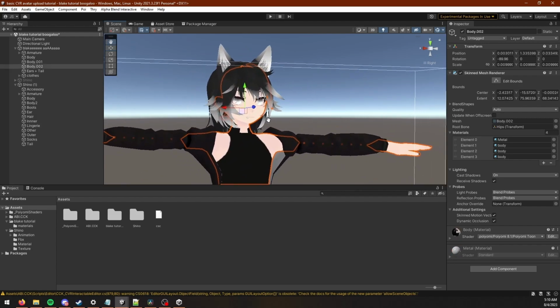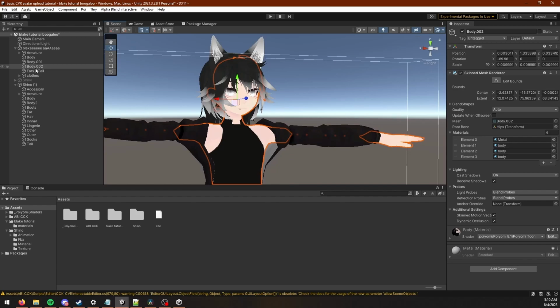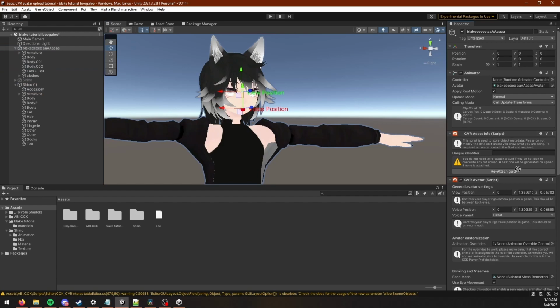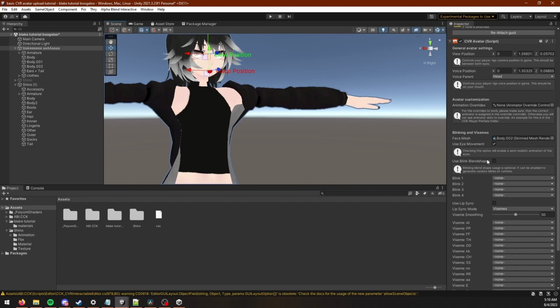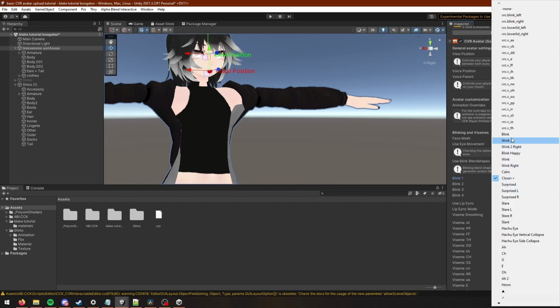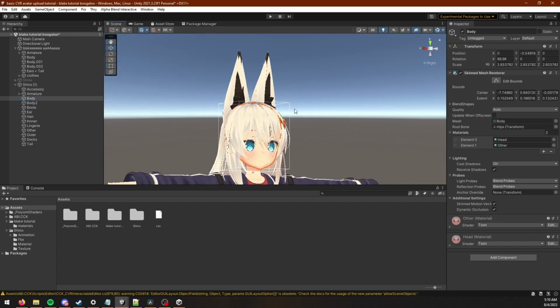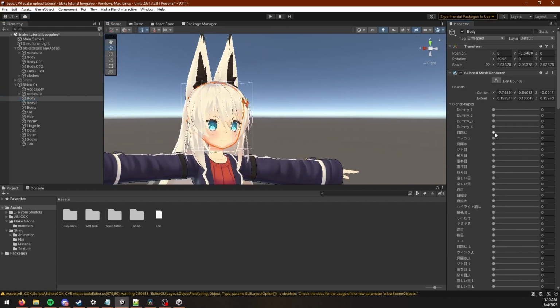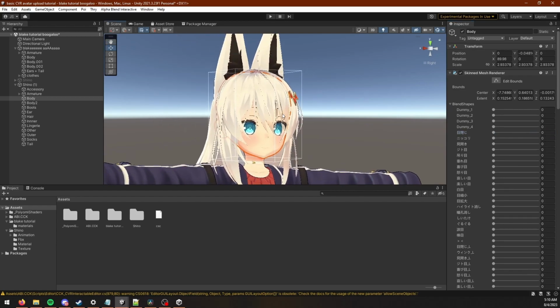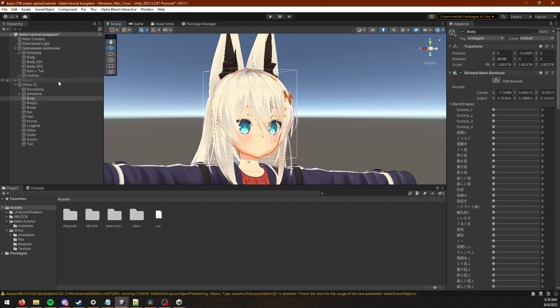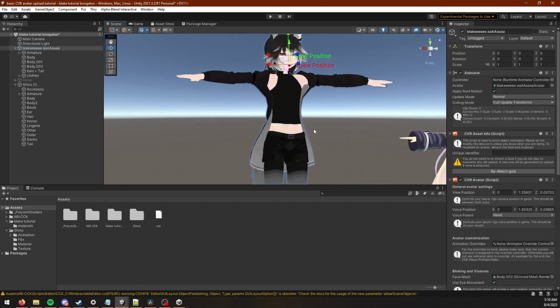And go ahead and drag, in this case, body 0.002 over to... Nope, you need to have this selected. And then you drag this over to face mesh, like that. Use blink blend shapes, and then go find your blink. Click on this and go find blink. It might be in Japanese. In the case of my avatar, I know it's in Japanese. It's this one. You'll have to do trial and error if it's in a different language and figure out which one it is. And now that I have my blink blend shape,